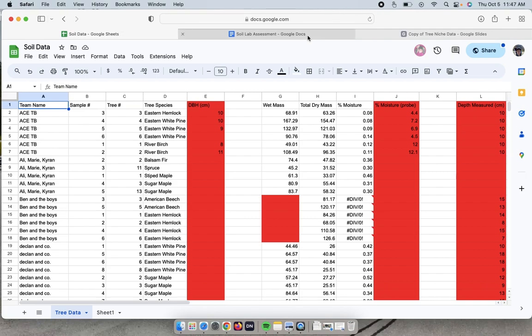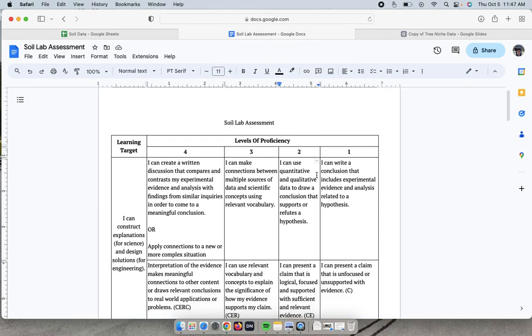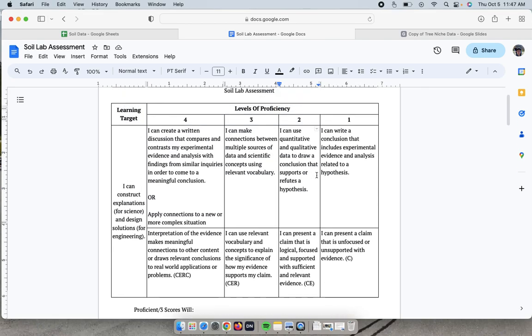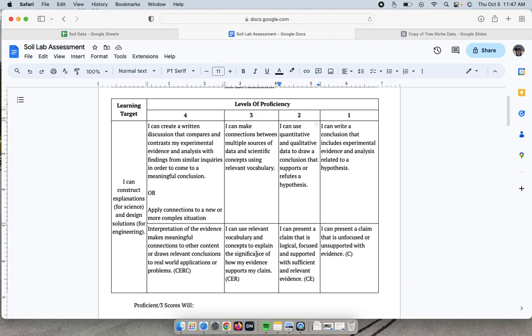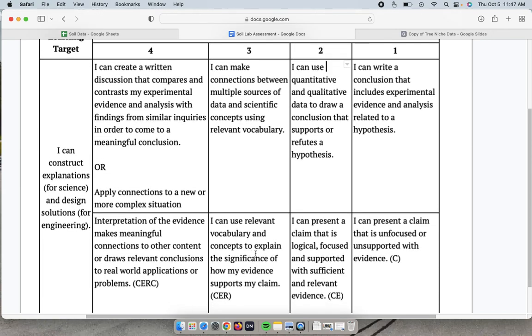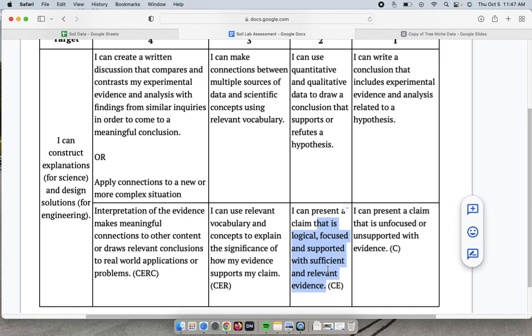Welcome to a video going over your soil lab summative. This is going to be an out-of-class summative with some work time on Friday and Tuesday. It will be due at the end of the day on Tuesday, and really you're still being graded on your ability to write and talk about a claim that's logical, focused, and supported with relevant evidence, but I'm also going